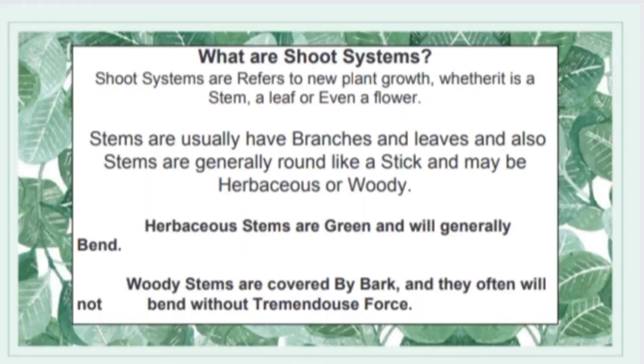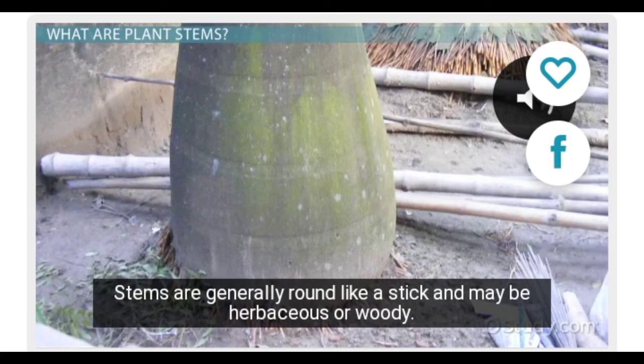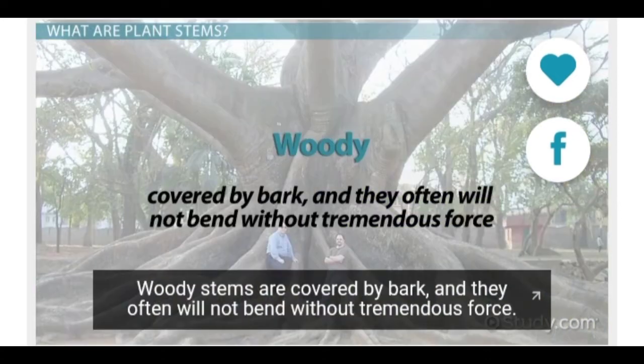So the next is, what are shoot systems? Shoot systems refer to new plant growth, whether it is a stem, a leaf, or even a flower. Stems usually have branches and leaves, and stems are generally round like a stick and may be herbaceous or woody. What is herbaceous? Herbaceous stems are green and will generally bend, while woody stems are covered by bark and often will not